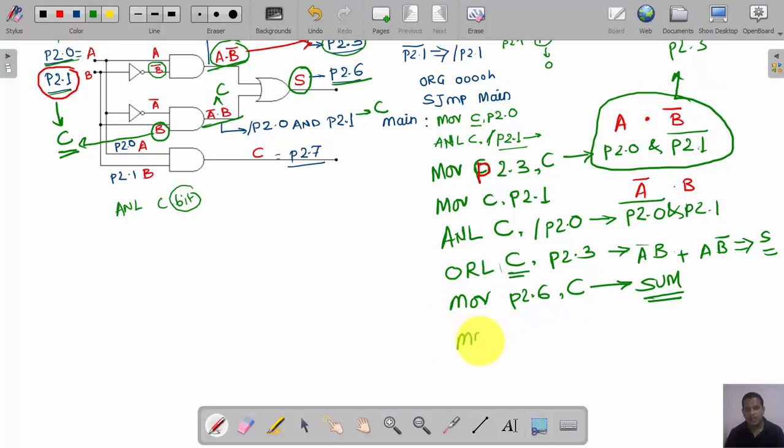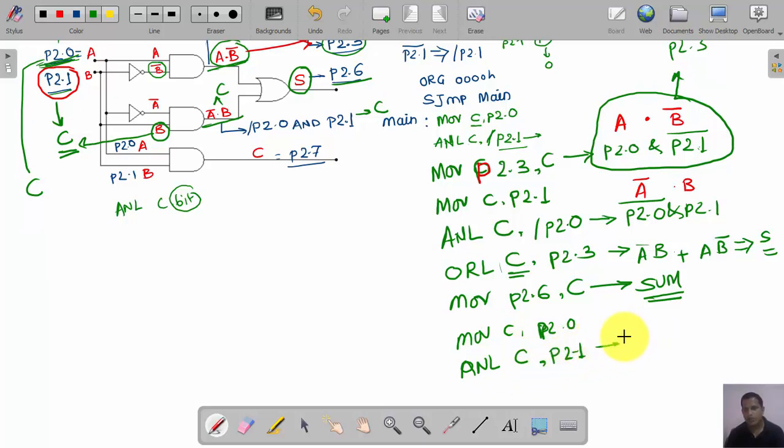So now again move C comma p2.0. Whatever the status of the first input is, I am going to copy into the carry bit, and then simply ANL, logically AND the content of the carry bit with that of p2.1.